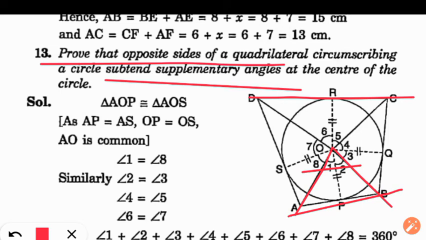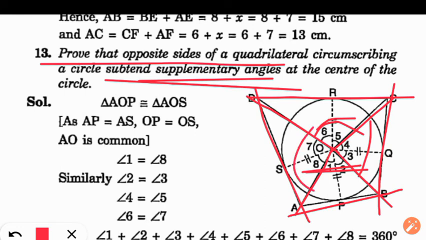Similarly, if I ask you what is the angle made by the side CD with the center, you will say this one, sir. Join this one. So according to this theorem, what we are required to prove is that these two angles are supplementary. So opposite sides, if I take AB and CD, then these two angles, and if I take AD and BC, then these two angles are supplementary. Supplementary means if I add this angle plus this angle, I will get 180 degrees, or if I add this angle plus this angle, I will get 180 degrees. This is what you are required to prove.